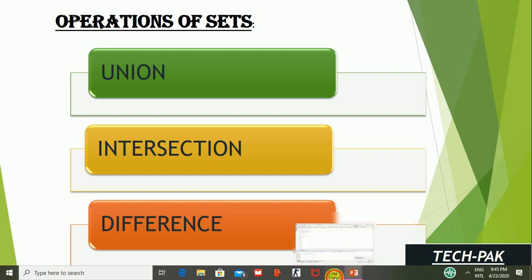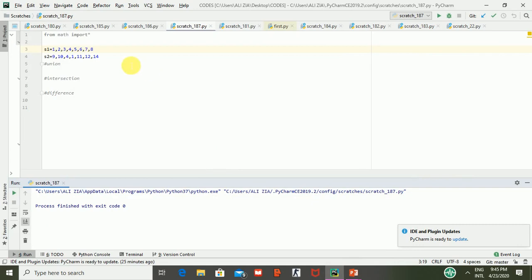Now I am going towards our practical platform, PyCharm. Here I have already imported a math library. Then I have taken two collections of data, S1 and S2. Now you know how to create a set, since I told you in my previous video. You can watch it if you haven't seen it yet. Now I am putting curly brackets around both of them. Now it is clear that they are proper sets because of these brackets. Now we have sets S1 and S2.